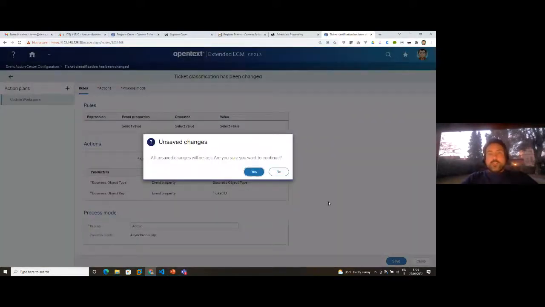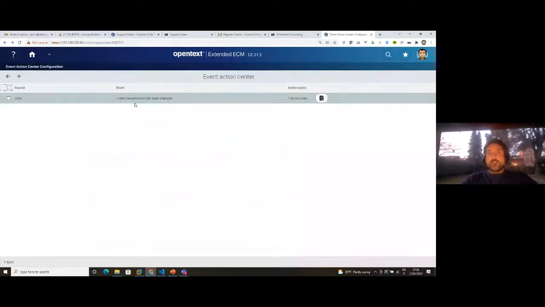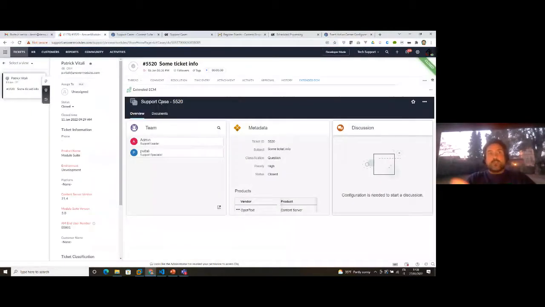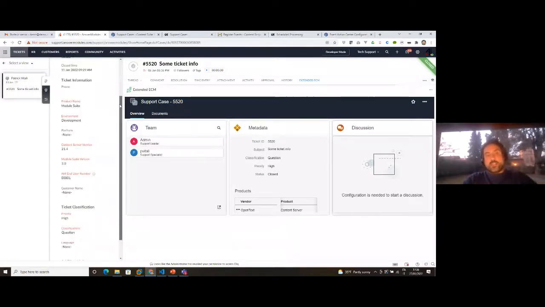So once the event is defined, how do you manage the event in the leading application? Typically, a leading application allows you to react to some events that happen in the interface. In this case, it allows me to react to events that are related to major information change. So for example, anytime the classification is changed, I can trigger an event. The API for